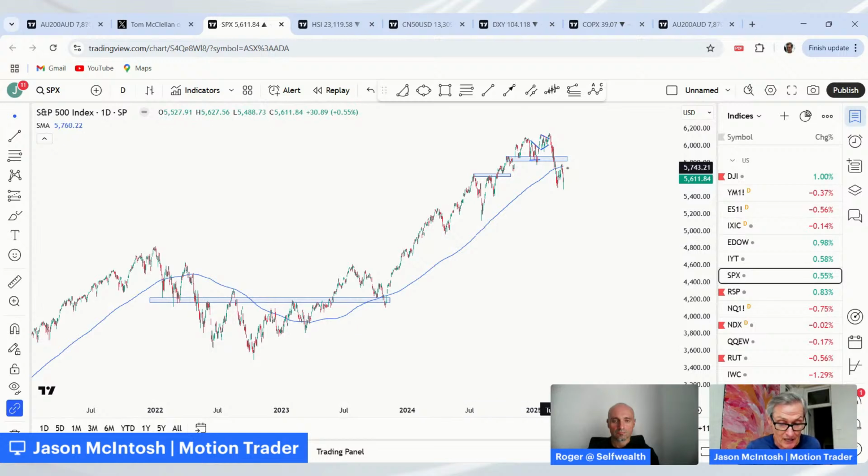As I was saying with the ASX 200, I think now's the time just to play that more defensive game until prices can stabilise, get back above the moving averages, be it the 200 or the 50 and the 100, which I usually look at. And this could all blow over. This could all blow over in a few months. But until we have a more positive price structure, I think it's time to respect risk. And I think now's the time just for caution and knowing your exit strategy. If prices rally from here, well, terrific. But I think we need to also have our downside covered in case the situation worsens, which is always possible.